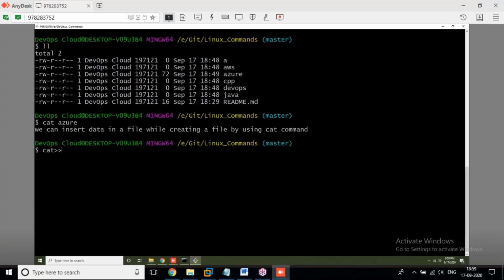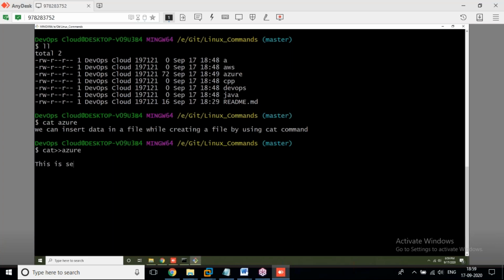Once you finish this process, then we can enter into the git command. Then we can see what is the use of git command, where we need to start it. Okay, now see. Cat space, sorry, greater than file name. You can give space or without space, you can apply that.